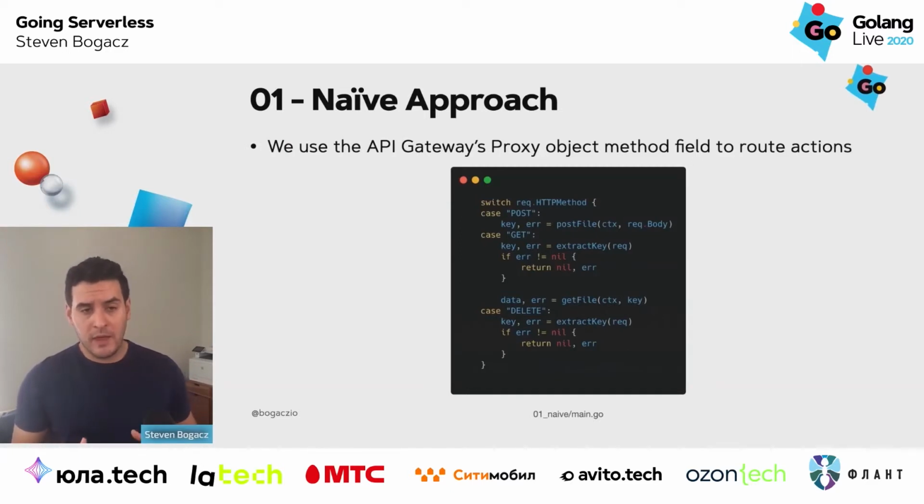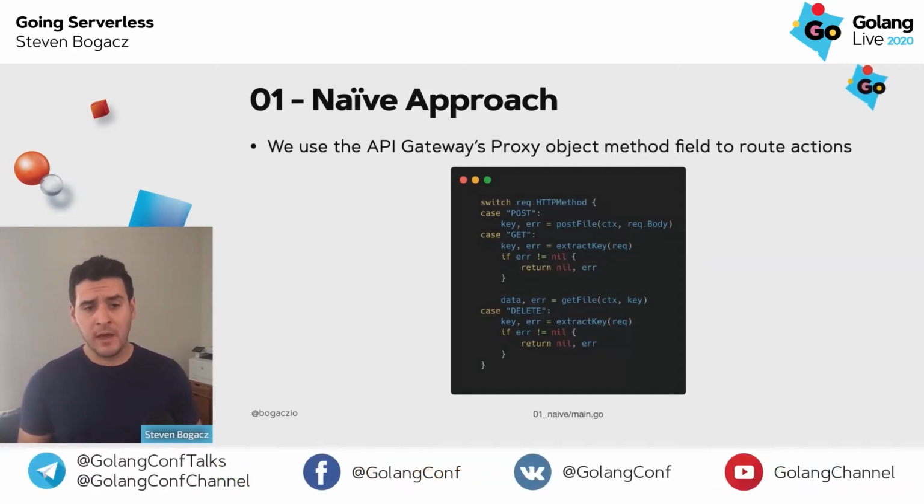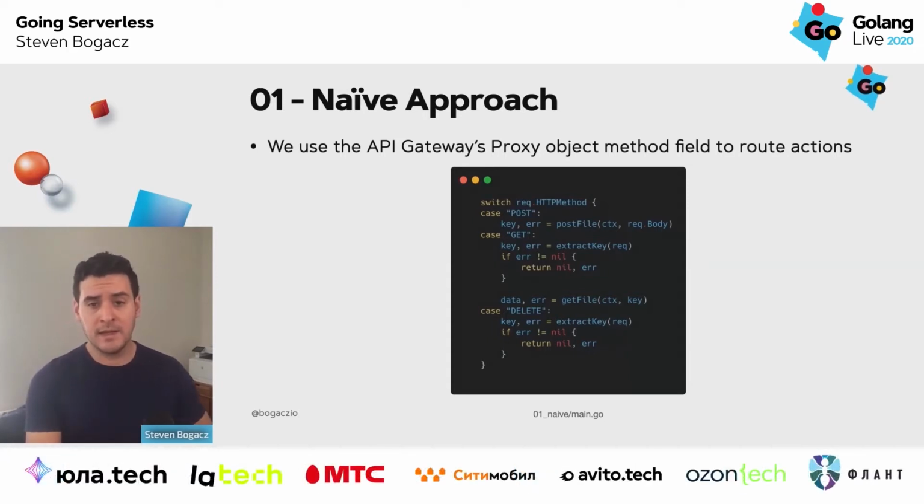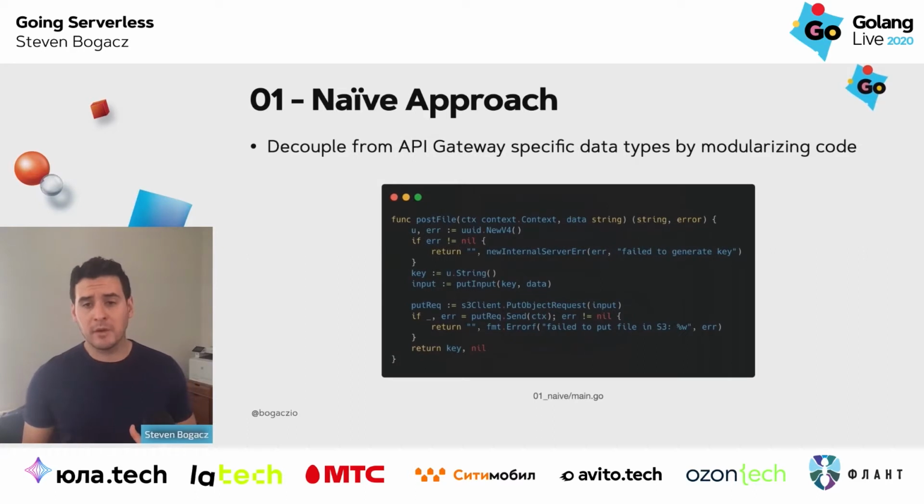So now that we have that, there's enough fields in that request object for us to basically do our own routing, since obviously we can't just use a standard Muxer or HTTP router. And what we can do is use this to dictate the logic: when are we going to be writing an object, when are we going to be retrieving an object, or deleting an object. And the nice thing about doing this right up front is that it's going to give us a little bit of decoupling from that